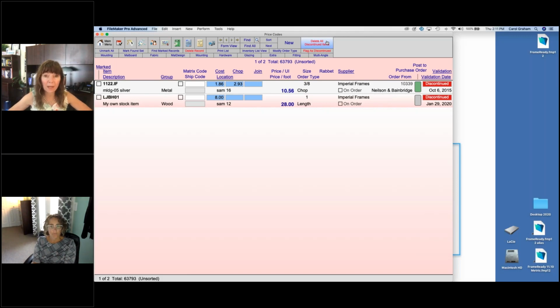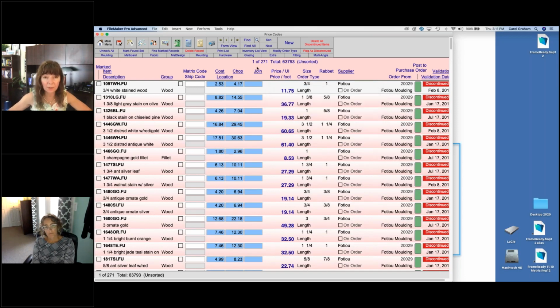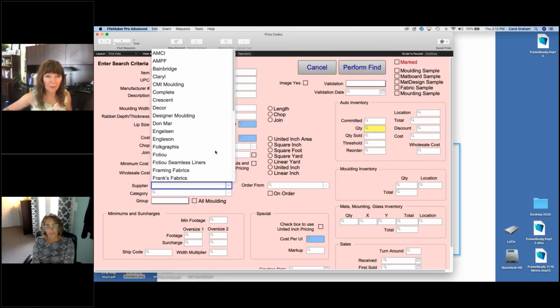Okay? So when I click on delete all discontinued, now it's asking 271 records that are going to be deleted. And then you would click delete all if that's what you want to do. But let me go back to those 2 records from the find, and we'll take a look at those in just a moment. The other thing that people have in their database sometimes is that they will have maybe 2 records for